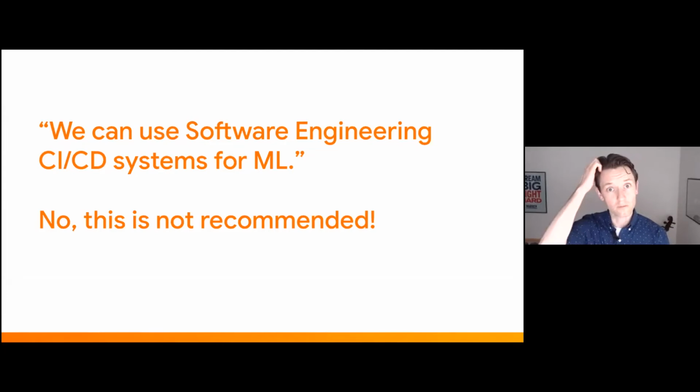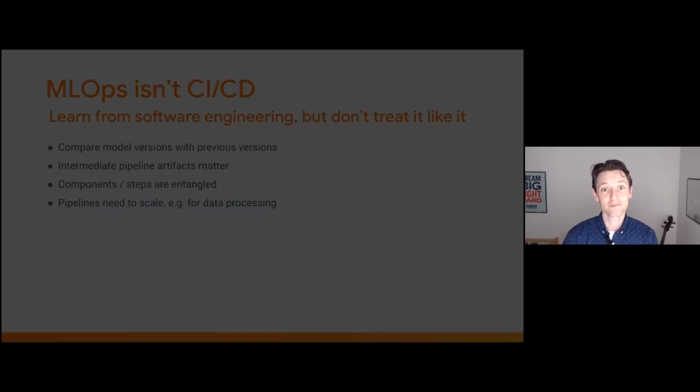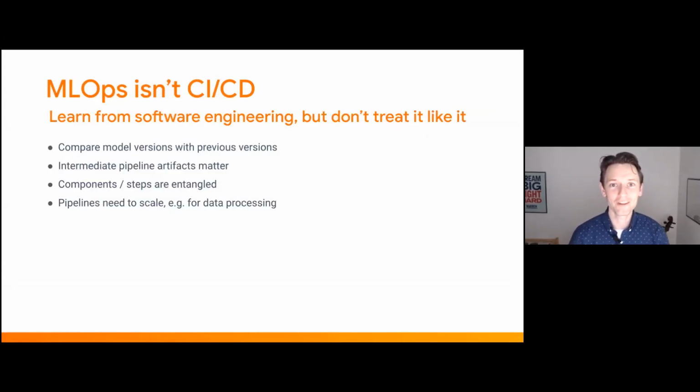One thing I hear sometimes when I discuss machine learning pipelines with colleagues is, oh wait, we have a CI/CD system for our software tools already. We can just run our machine learning pipelines in the same tool. We don't need anything new for that. And I would say, be really careful with that, because as I said earlier, those pipeline runs are interdependent. So the results from the current run will depend on the previous run. So we always want to compare against previous data sets or previous model runs and things like this.